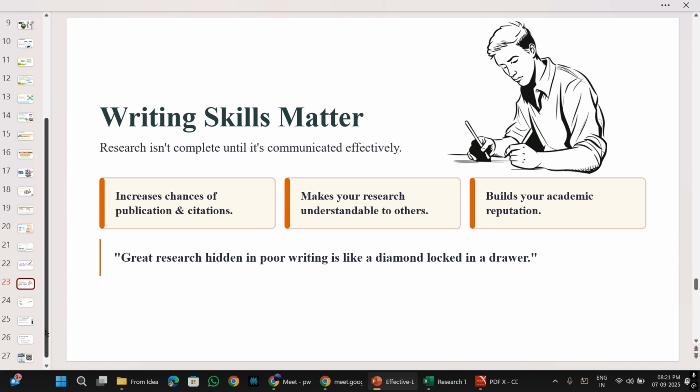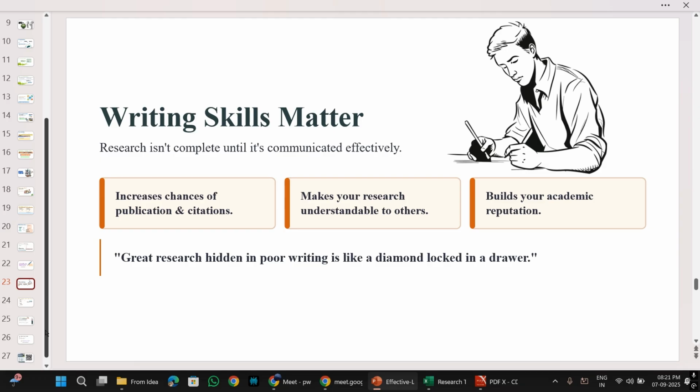You tell it to like-minded researchers, to those who are working in a similar setting, and that later serves a bigger purpose in your field, to make it known that yes, this is what I found, this is my contribution to the field that I have long been associated with. So it increases chances of publication and citation. When you have polished your writing skills, it will increase your chances of getting that work published.